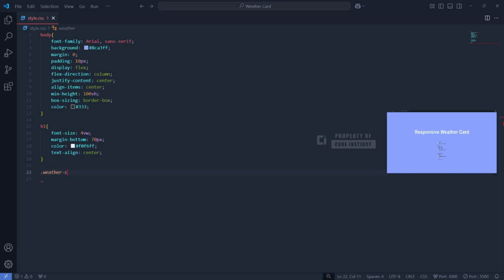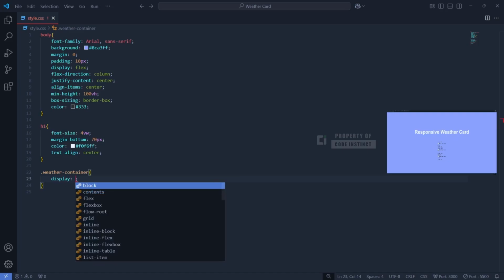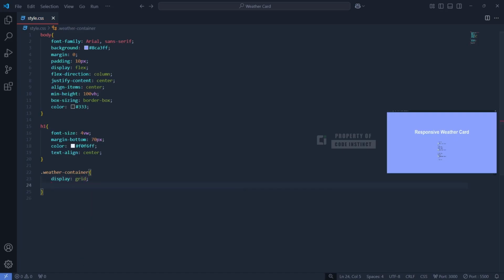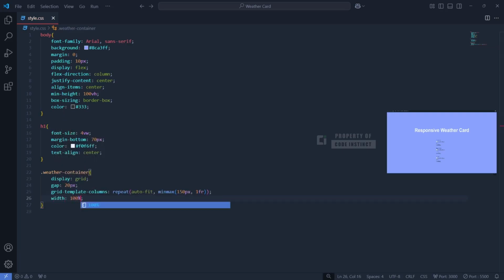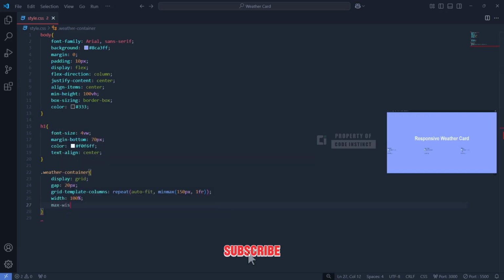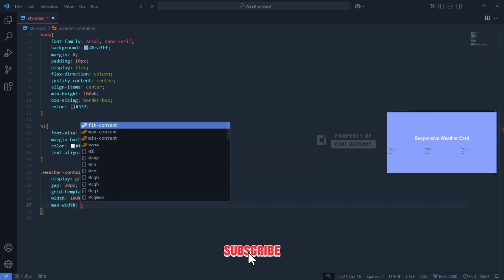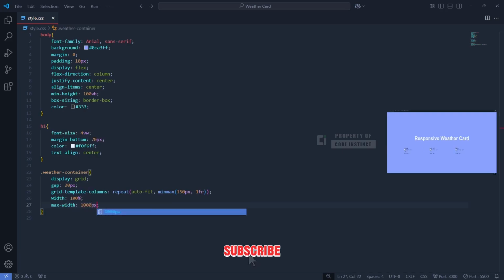The weather-container class is responsible for organizing the weather cards. It employs display: grid to create a flexible grid layout, with gap: 20px defining the spacing between grid items. The grid-template-columns property will ensure the cards adjust dynamically, with each column having a minimum width of 150px and sharing available space equally. The container's width is set to 100%, but its maximum width is capped at max-width: 1000px to maintain